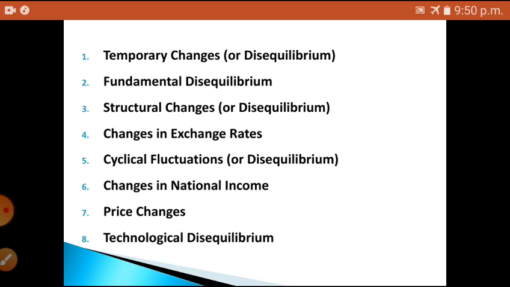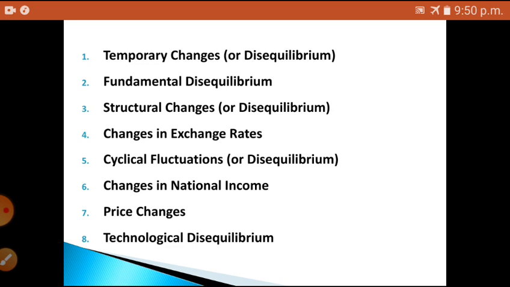Second, if there is a continuous fall in the country's foreign exchange, the demand for foreign goods and services will be high. If there is a demand for foreign goods, meaning we import more goods, our capital outflow will be more. Why? Because we should import more raw materials, like essential consumer goods and technology. This is a fundamental disequilibrium.